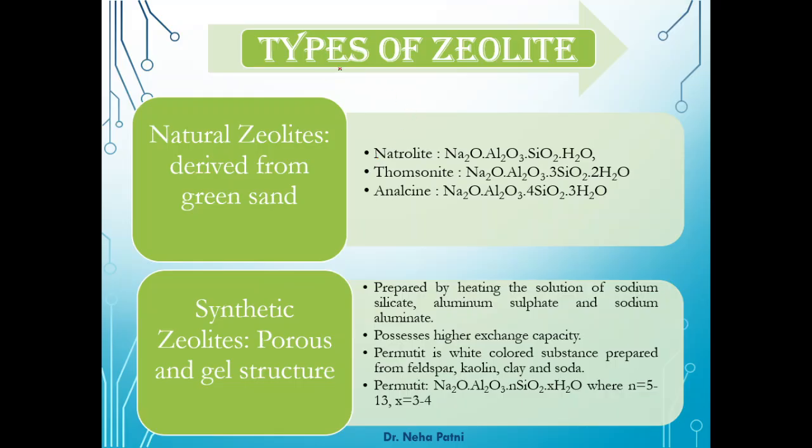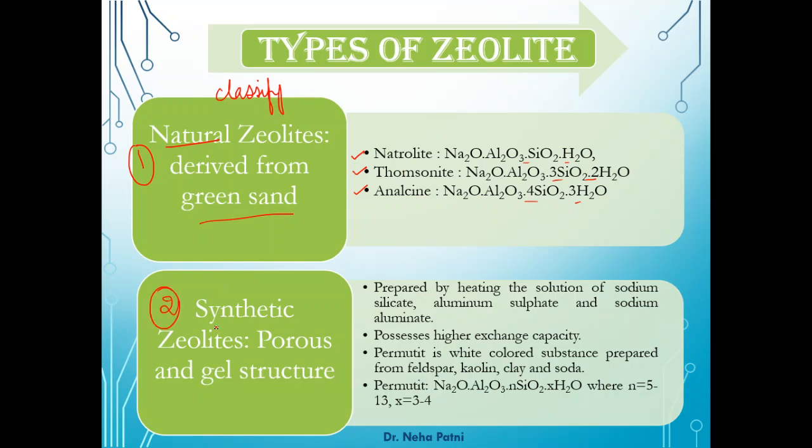The types of zeolite could be two. If you want to simply classify zeolite, you can say that first it is natural zeolite, which is available in nature. A green sand normally can be considered as zeolite. And then there are different names, as I said, depending on x and y values. Here you can see those x and y's are varying. Based on that, they are available with different names.